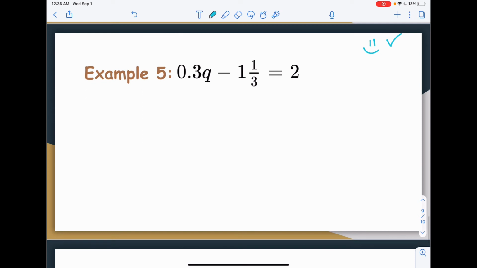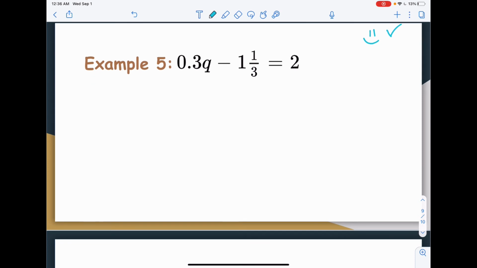Now question number 5. We have a decimal and a mixed number together in this equation. But again, the strategy is the same. What I recommend here is that you write everything in decimals or fractions. It is easier to do the operations. I'm going to write 0.3 as 3/10. Okay, let's write the original equation, but I converted 0.3 to 3 over 10 minus,